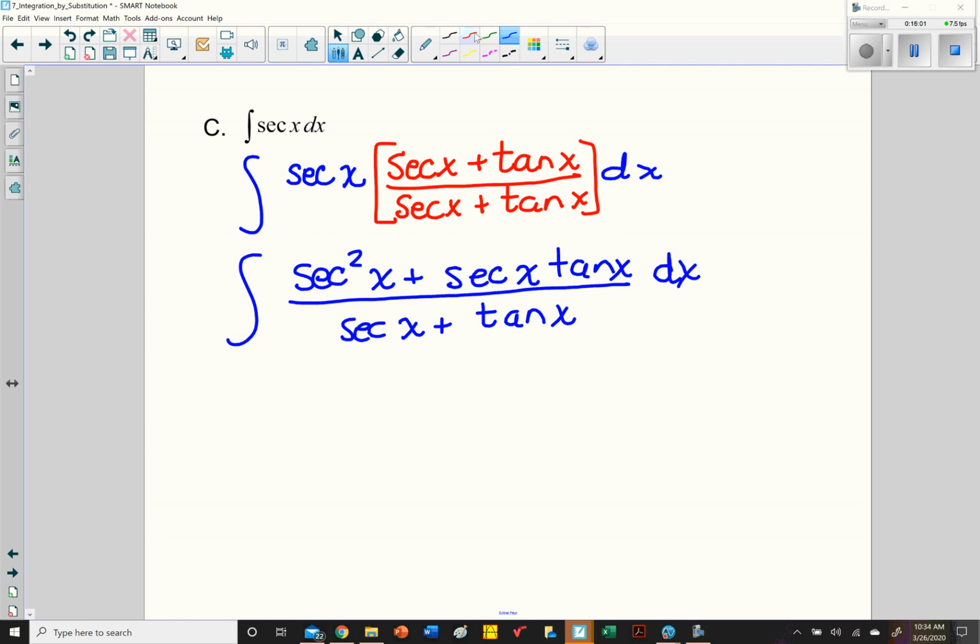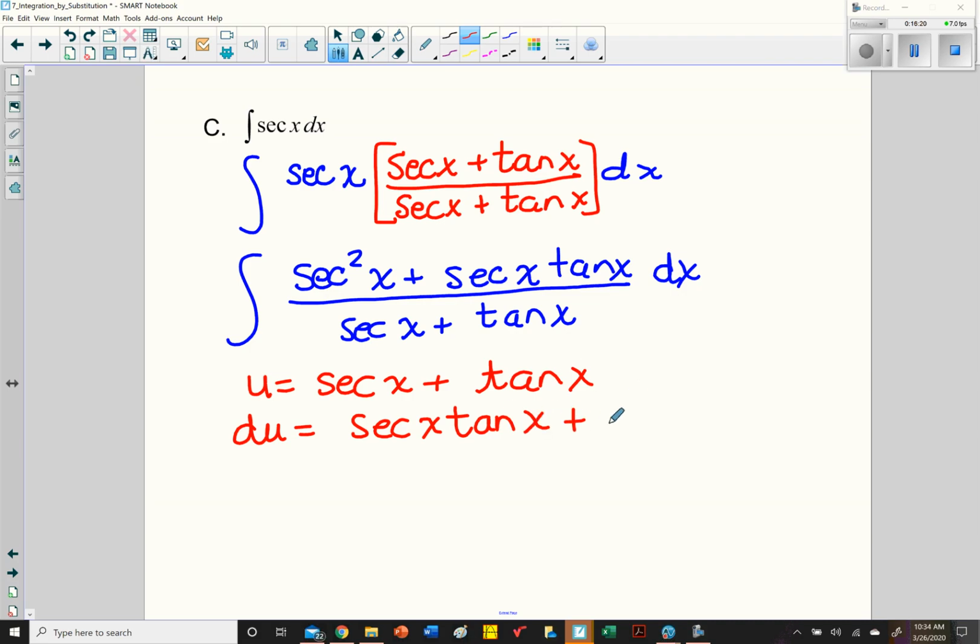And then we can use some ideas for the denominator, secant plus tangent. The derivative of secant is secant times tangent, and the derivative of tangent is secant squared. That's magic, because this line is our numerator, and this line is our denominator. So a little bit of math magic,